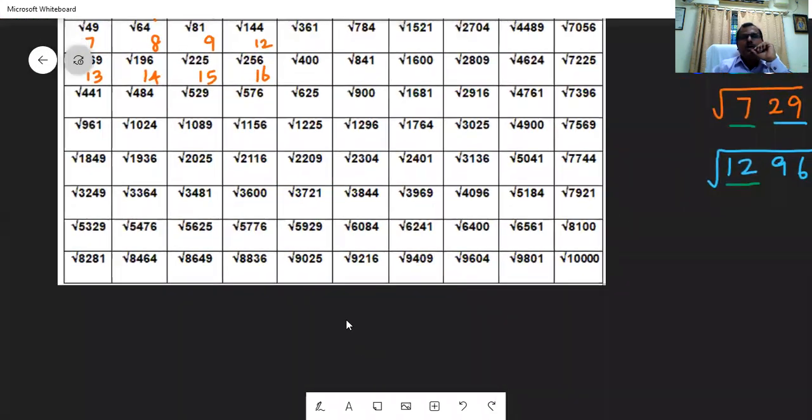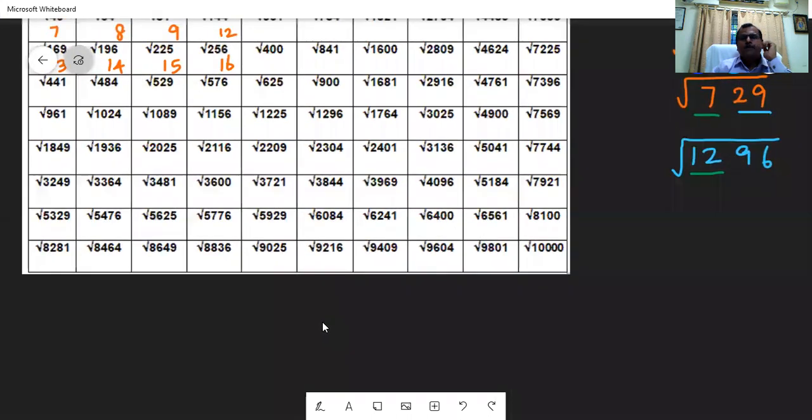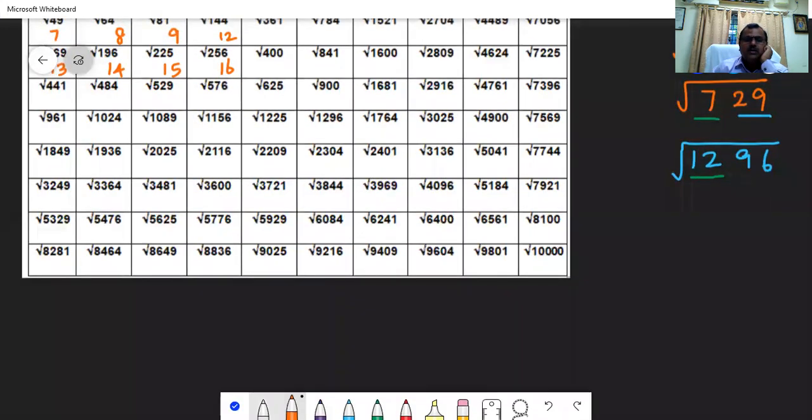Now, to the square root part, let me come to how to find the square root. Whatever number is given to you, first you have to find two parts: the first part and the second part. The first part is very easy to find. You have to find the nearest square. Suppose you have 529. 5 is the first part. What is the square root for 5? 2 twos are 4.